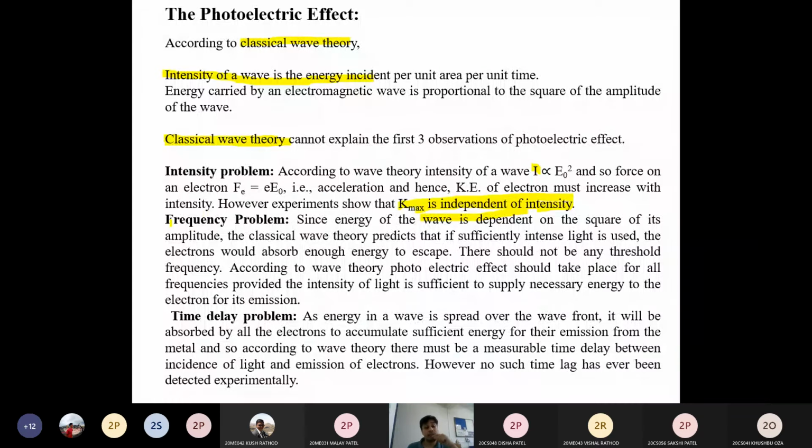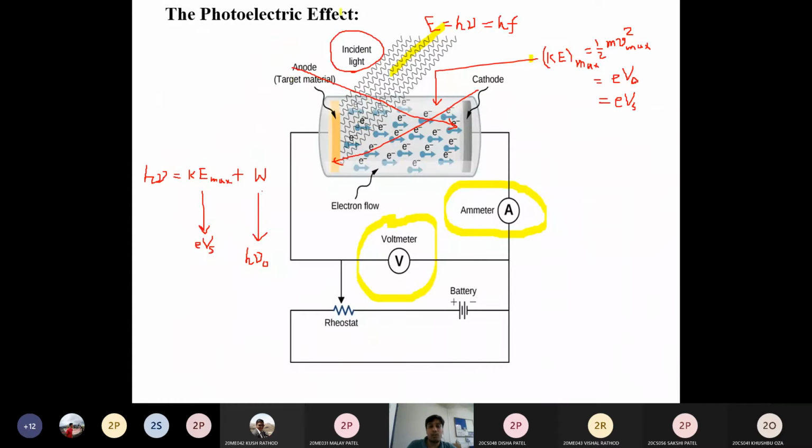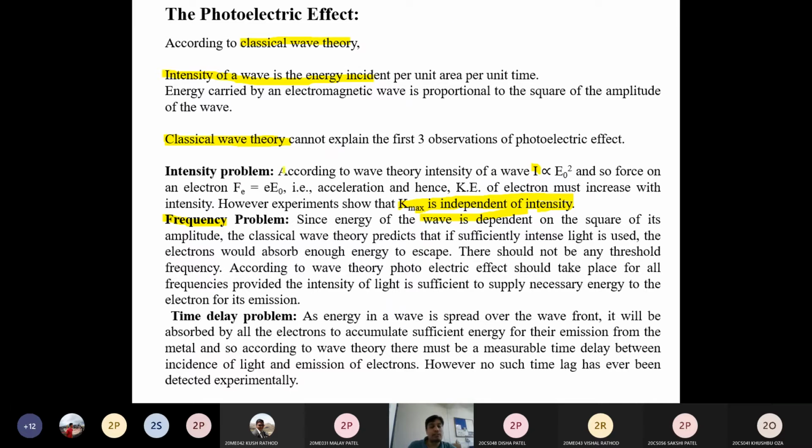On the other side, there is another problem with the frequency. That means at every frequency, okay, जैसे जैसे आप frequency change करते हो वैसे वैसे आपको ये current supply मिलना चाहिए, but this is not right, because for every frequency you are not getting the output unless and until you reach some sufficient frequency or sufficient energy, then and only then you are getting some output. Because here it's not like you are applying some random energy and you are getting potential and you are getting current. No, after applying some certain amount of energy, then and only then you get some current.